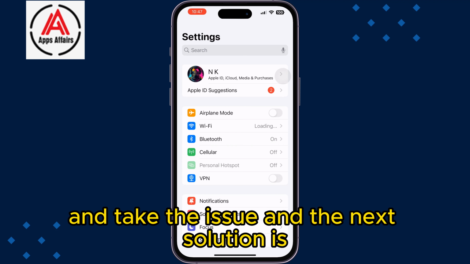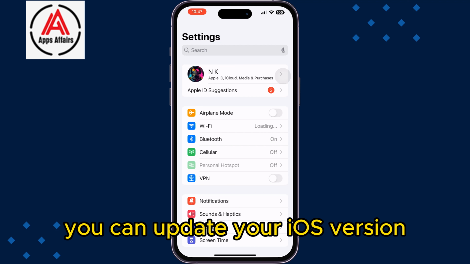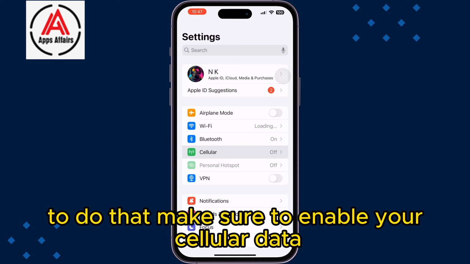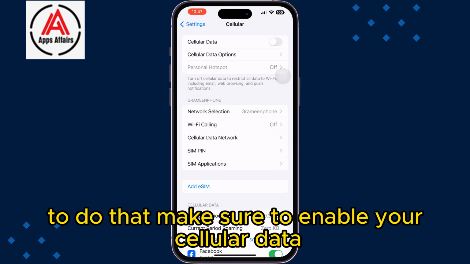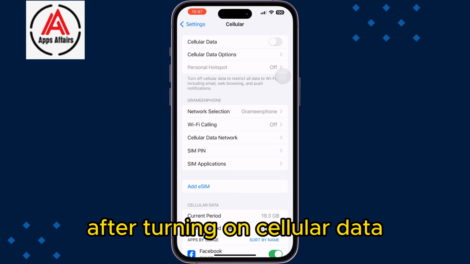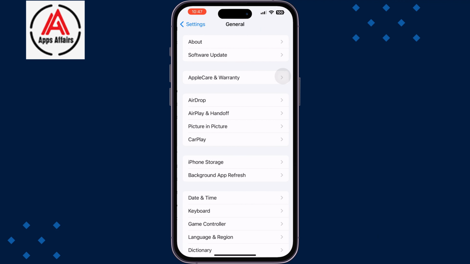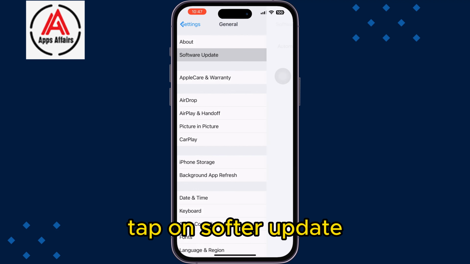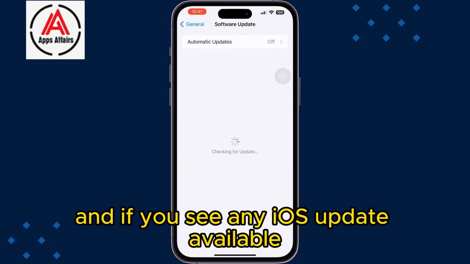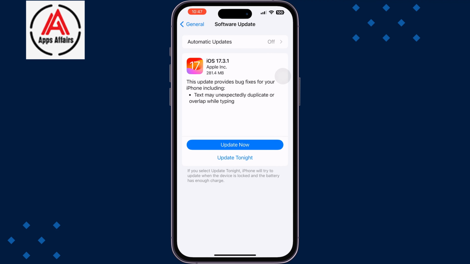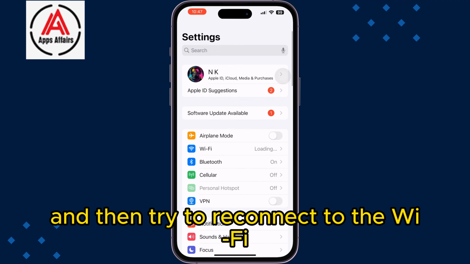And the next solution is you can update your iOS version. To do that, make sure to enable your cellular data. After turning on cellular data, go to your General settings, tap on Software Update, and if you see any iOS update available, all you have to do is update the iOS version and then try to reconnect to the Wi-Fi